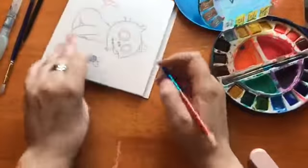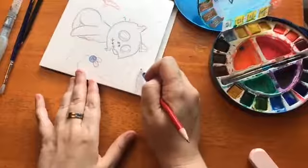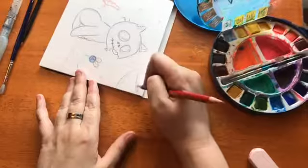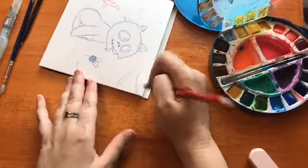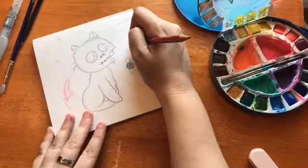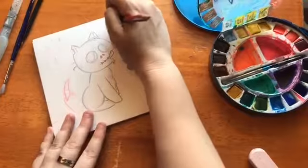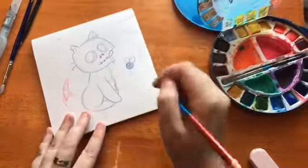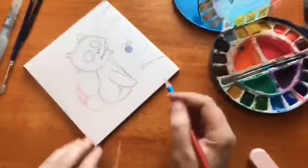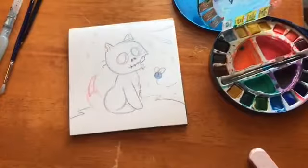Alright. Now this moon is too big, it's taking over the picture. Because the thing is, it's not about the moon, it's about zombie kitty. So that's another thing you want to be aware of, is that no matter how cool something that you've drawn is, you need to make sure...